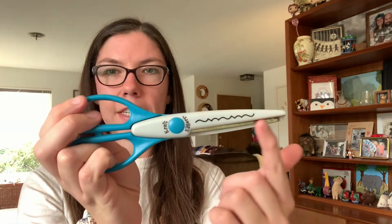I'm going to use the black paper for my frame, so I brought some glitter pens to use for decoration, but you could use whatever you have at home. I also brought some scissors that have different designed edges so that the paper has a cool edge to it. But if you don't have these at home, you can always use your regular pair of scissors to make a